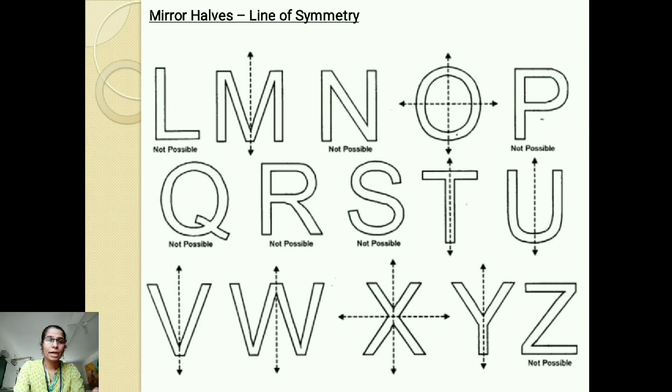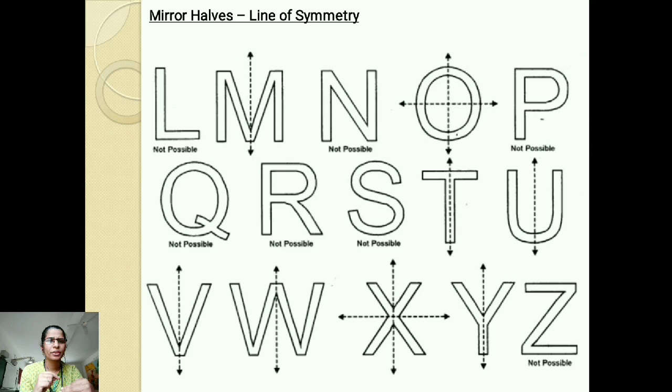But the other alphabets which are shown here on your screen cannot show exactly the mirror half of that alphabet. You can try it. When you write an alphabet, keep the mirror at exactly half of it, vertically or horizontally. Vertically means a standing line, horizontally means a sleeping line. So you have to keep a mirror and you should see in the mirror whether it is completing that alphabet,